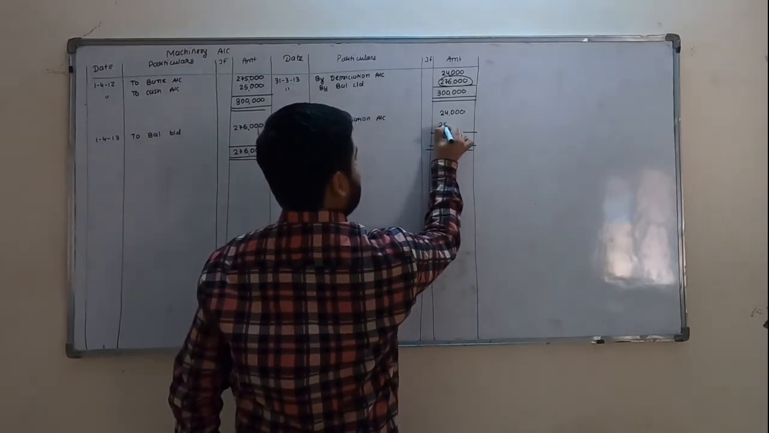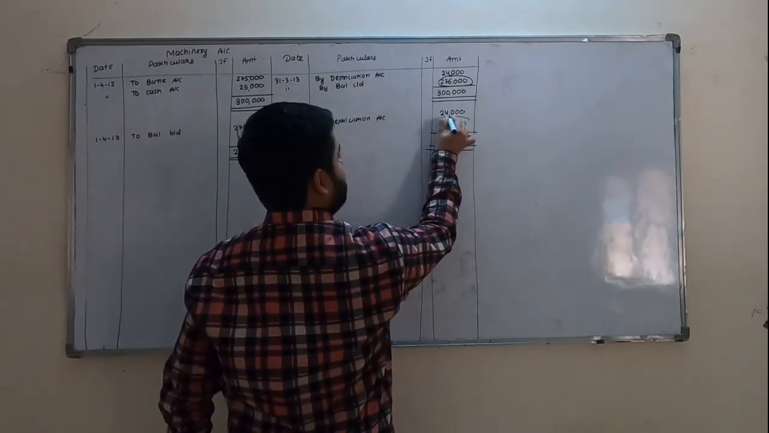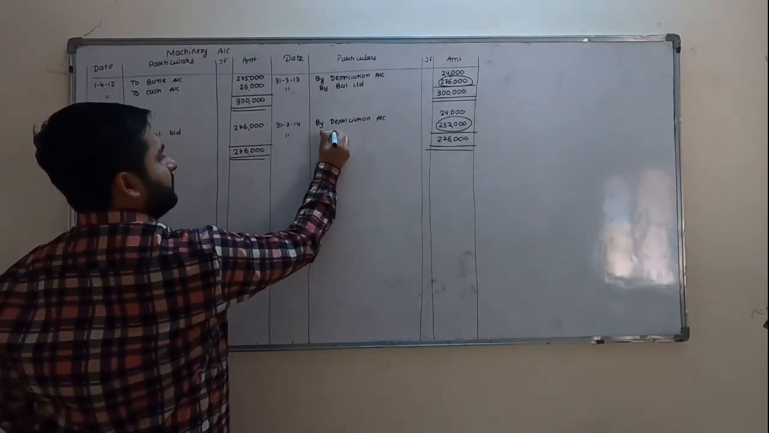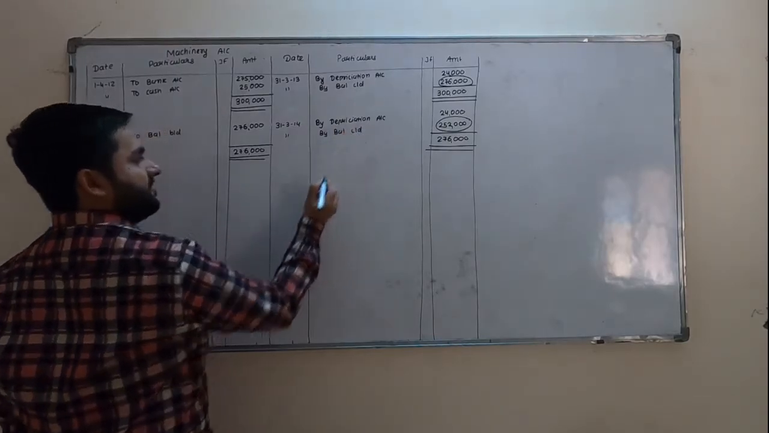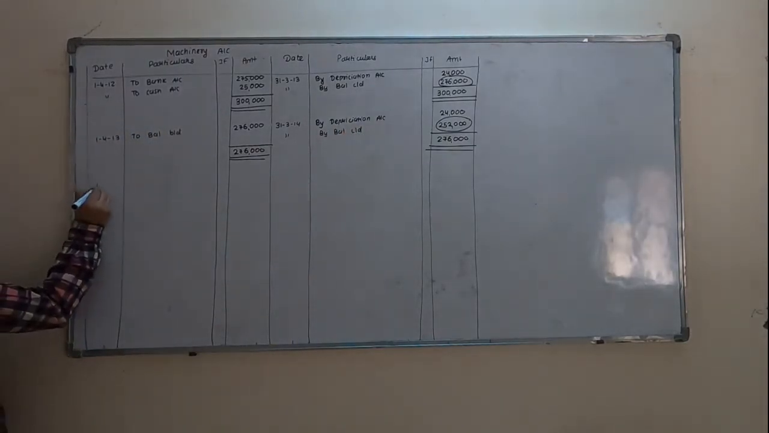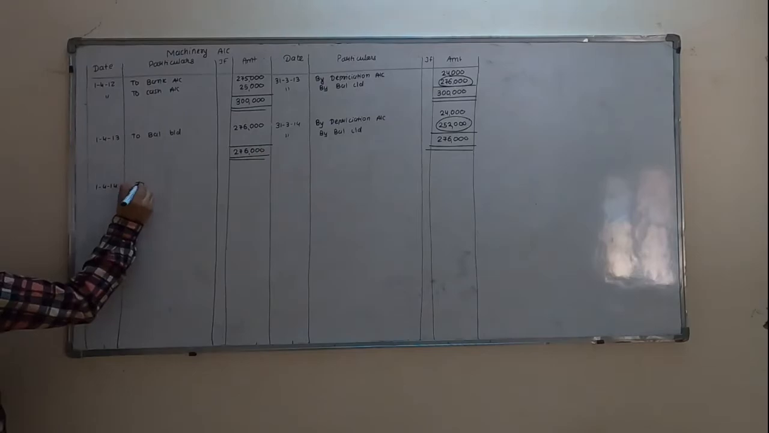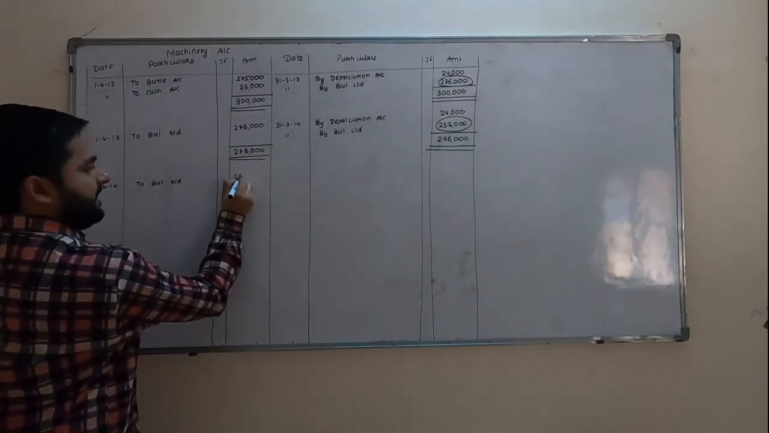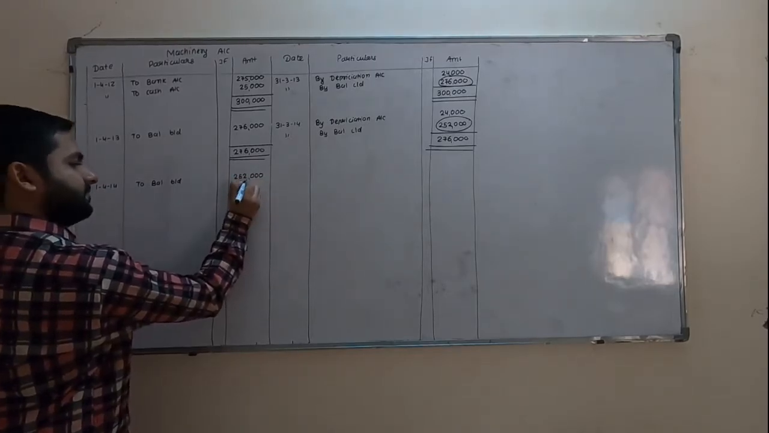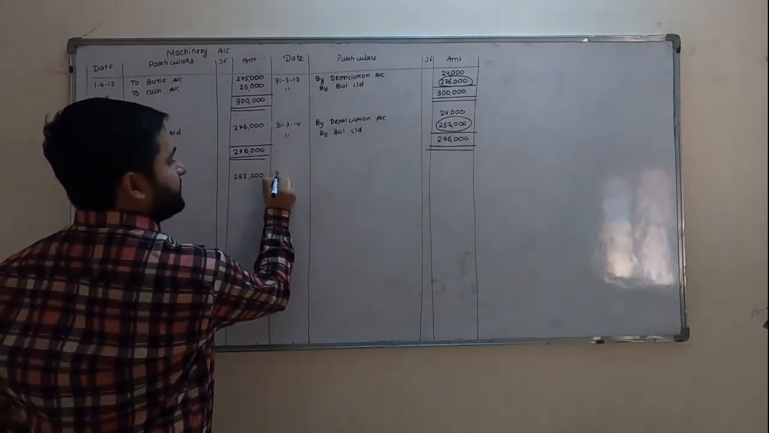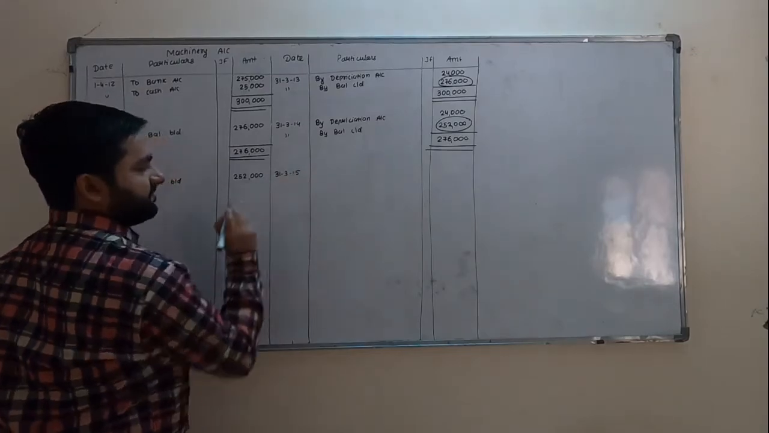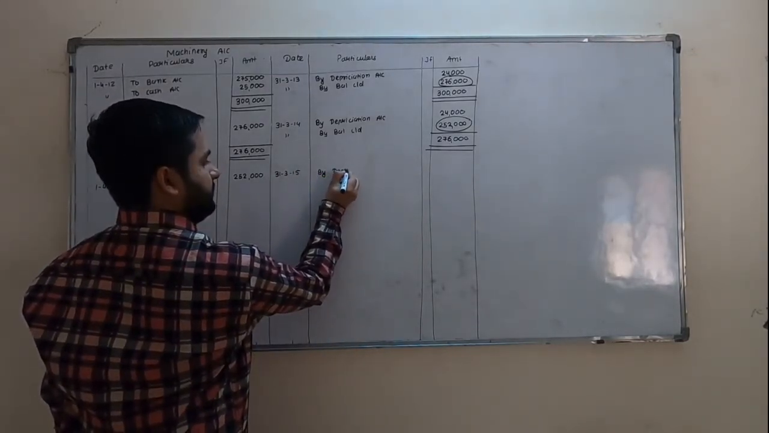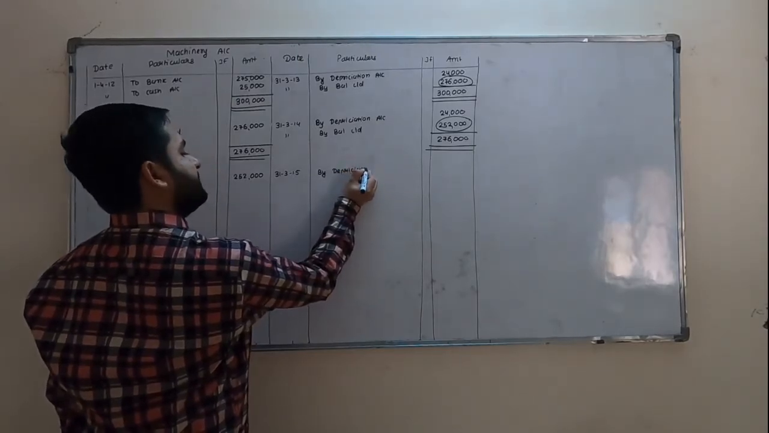In the calculation also you can find this 2,52,000, or else if you subtract then also you will get the same amount, by balance carried down. Again leaving one line, start 1/4/14 to balance brought down 2,52,000. Now in the third year, first we will charge the depreciation, 31/3/15, by depreciation account,